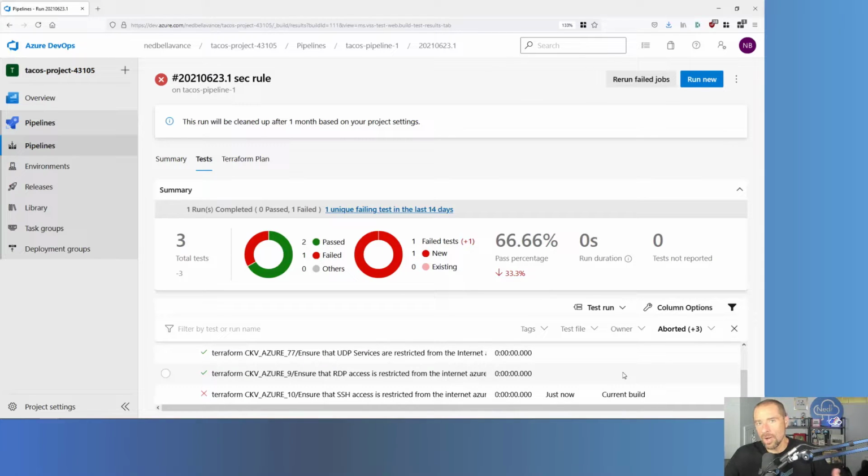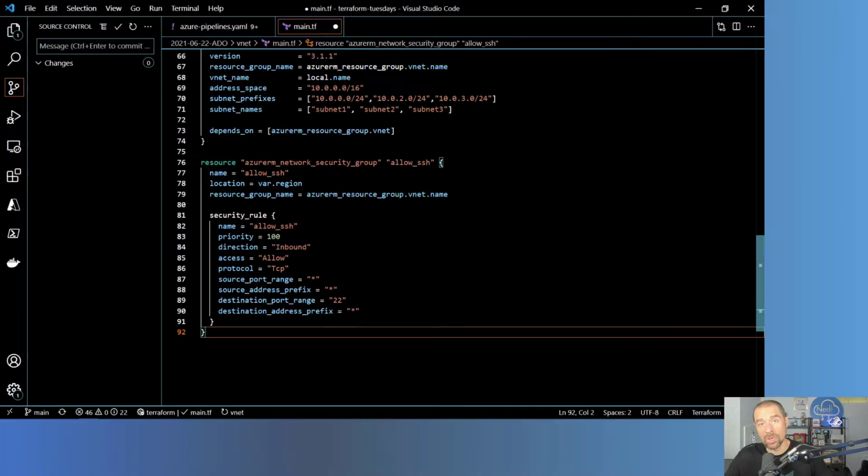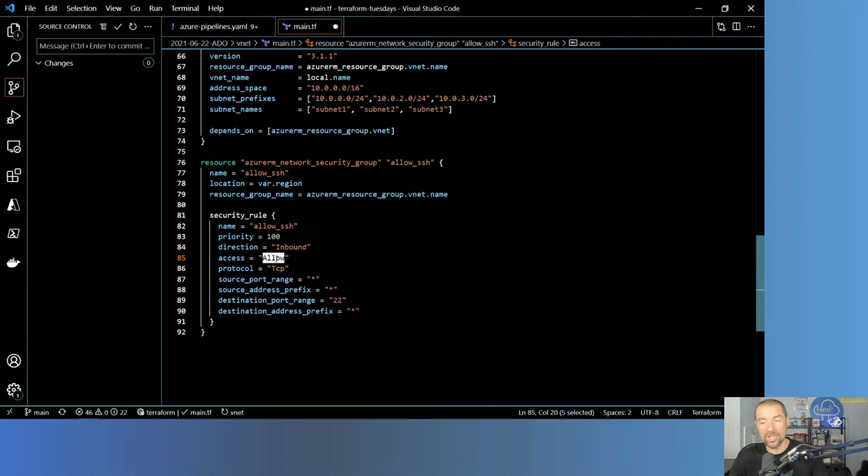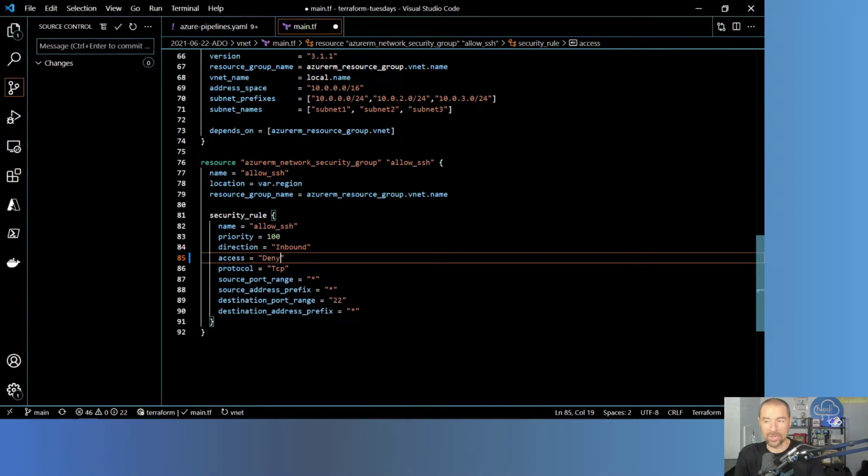So now let's alter our configuration so that this check does not fail. All right, we're back in Visual Studio Code, and all I'm going to do is simply change the access from allow to deny, and now it'll deny that traffic from anywhere. We'll go ahead and save that change, and then that is a new commit. So remove access will be my commit message, and we'll go ahead and push that, and that will kick off